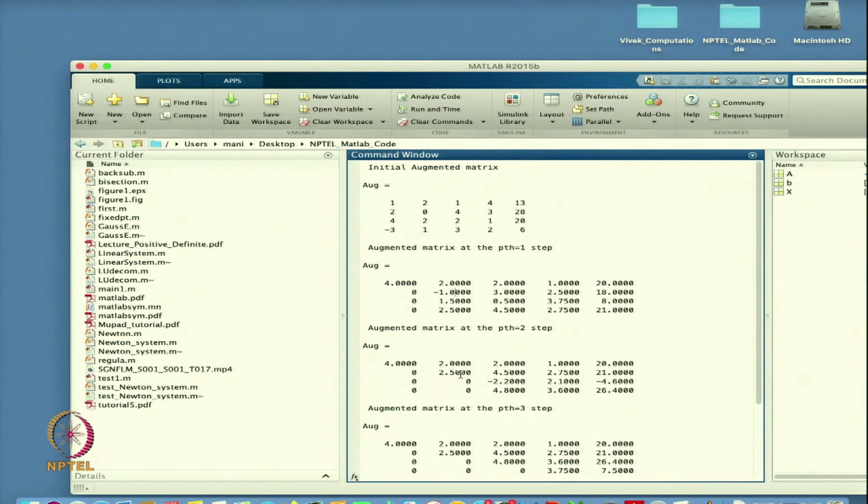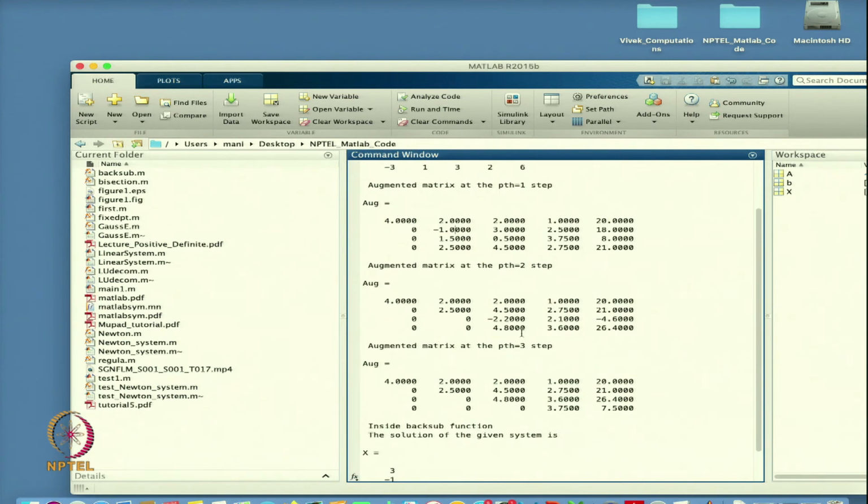So, it will be 2.5, 4.5, 2.75, 18 and 21. This one has been changed and now I am making all the elements below this one 0. After the third step the augmented matrix will be this one, and this is my upper triangular matrix. Based on this I can say that this is my U. The first 4 columns are the U and this is the new right hand side vector.